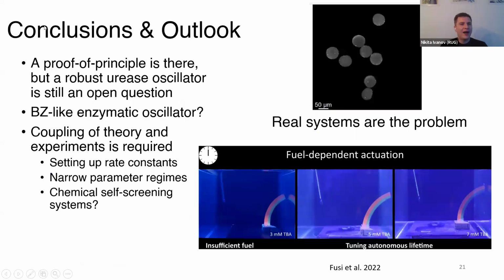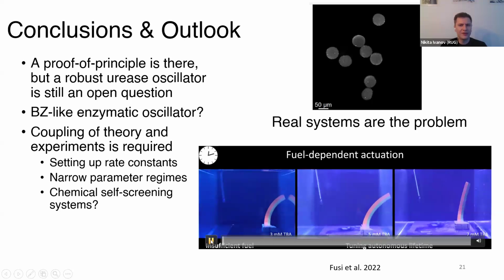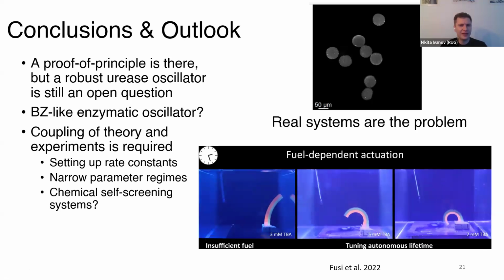And why do we need all of this? I believe in a future where we learn to make very smart biomolecular systems that will perform functions according to our design. To achieve that, I believe a stronger coupling of theory and experiments is required. The biggest tragedy of chemistry is that we cannot set rate constants as we want. And it is extremely difficult, as I've shown in this presentation, to find the narrow regions on the phase diagrams of systems with interesting behavior.